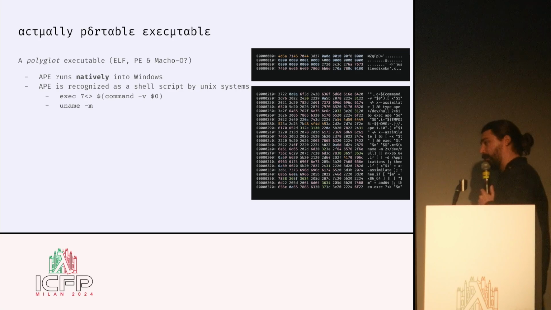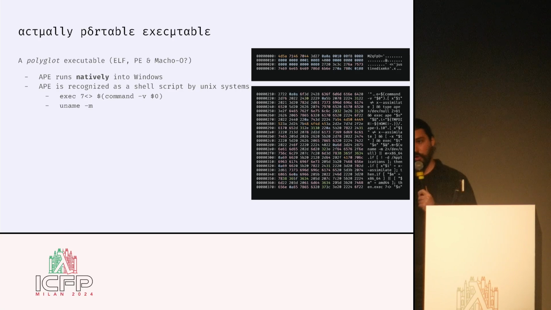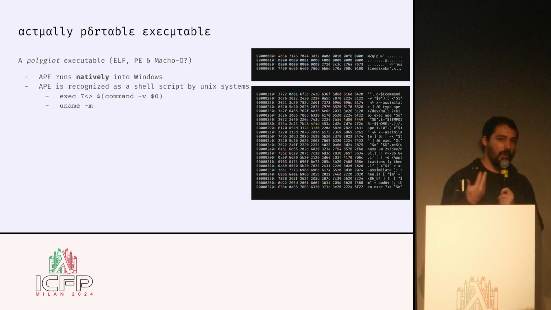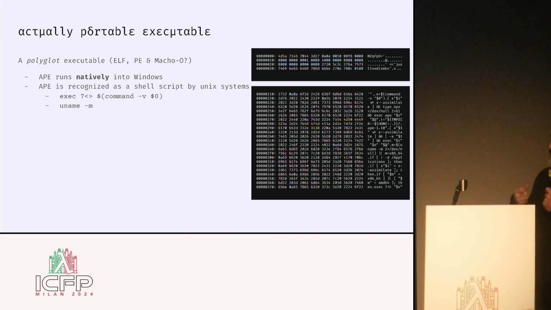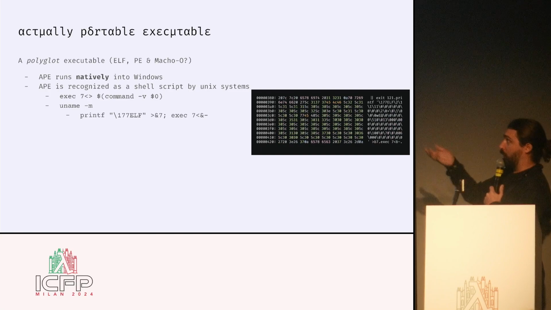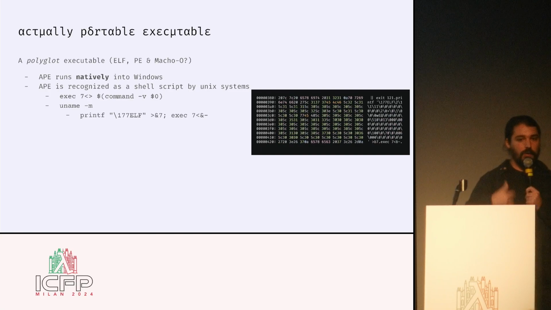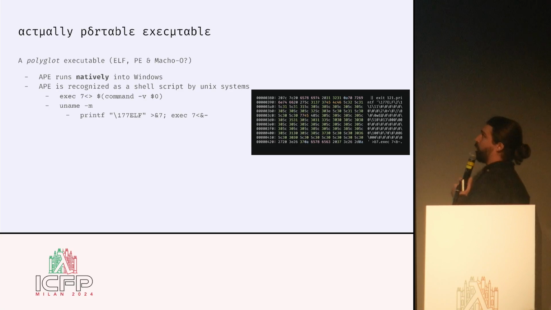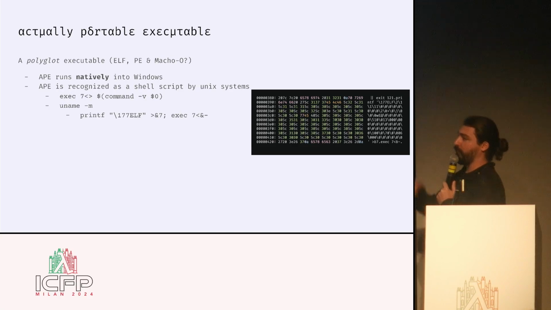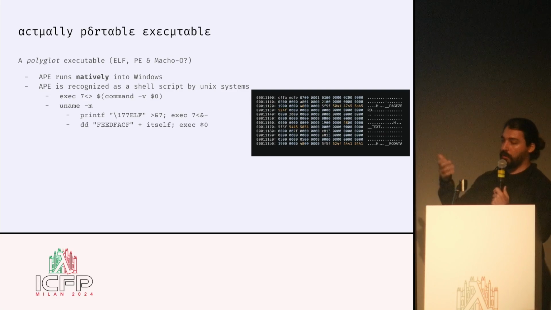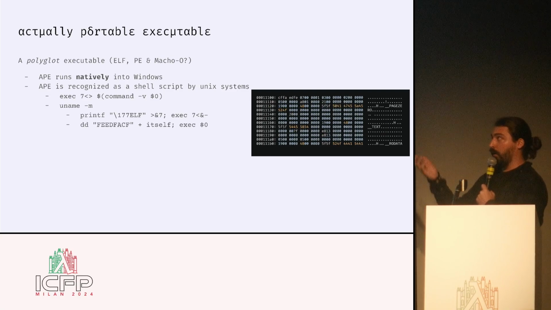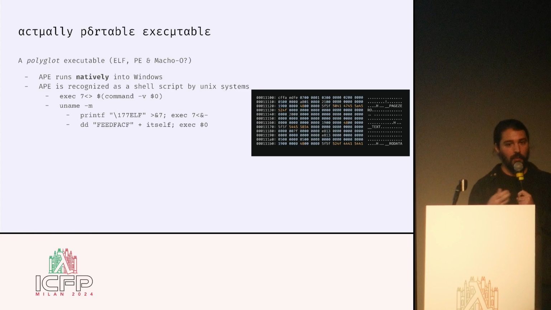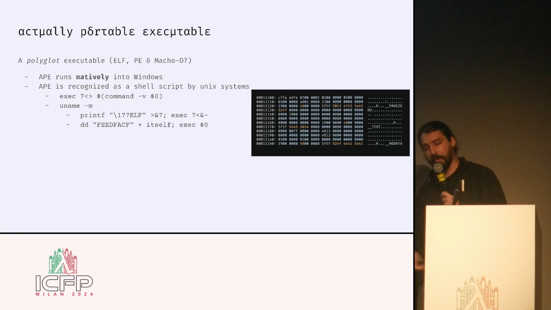From this shell script, we can launch some commands and recognize the host system, and particularly the architecture, whether it's FreeBSD, NetBSD, etc. If it's Linux, for instance, we just emit the magic code for the Linux program, so the ELF. And for Mac, we make a new file, put the magic code for Mac, and execute this new file, which is in the temporary directory.